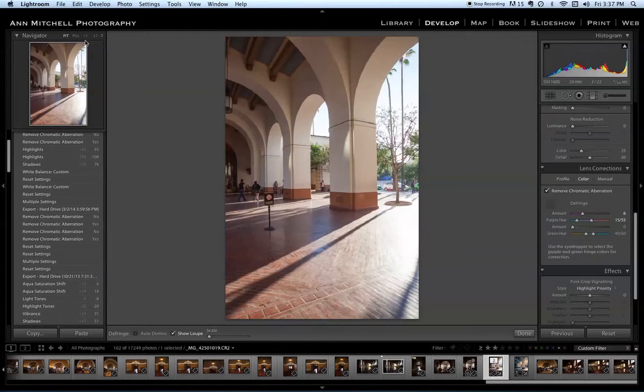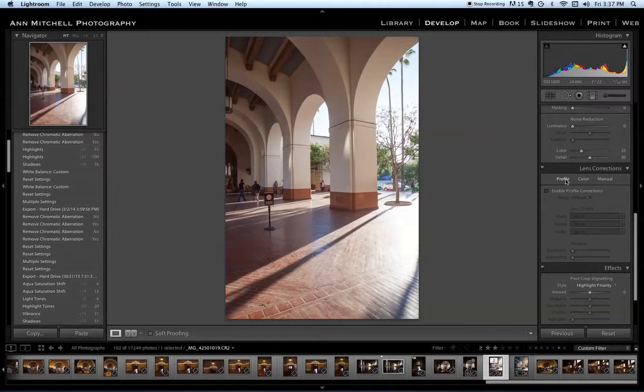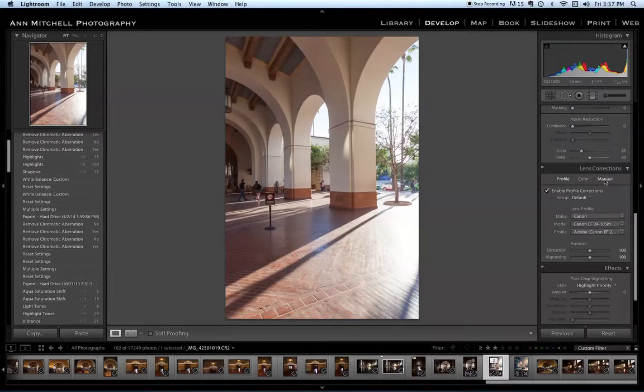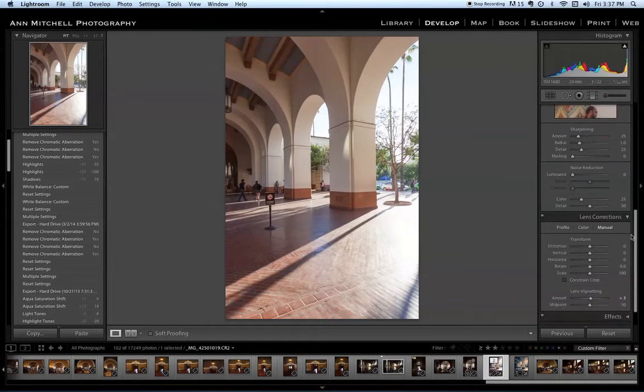I'm going to zoom back out. We then have, if you have some lens distortions or you need to rotate. So one of the first things you could do with a wide angle lens that had a little bit of bowing. Going over to manual would let you continue that process if you felt it needed more corrections. But that's the basics of lens corrections. If you're getting some vignetting, you can go down to lens vignetting and either lighten those edges or darken them. If you're adding that as a special effect though, you do that in this area of effects.